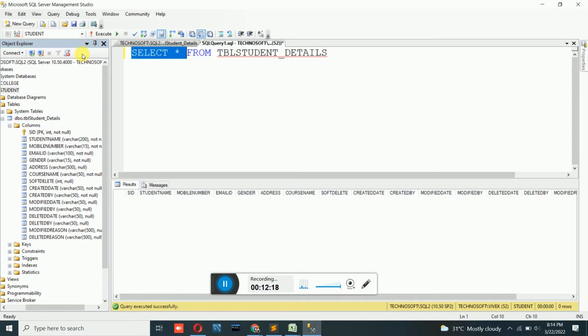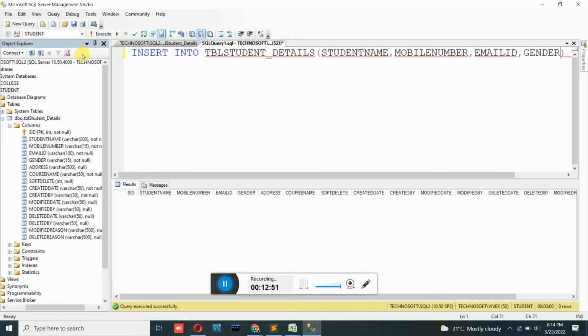When inserting, I told you there are two methods of inserting the data. I'll use the standard way of inserting the data in the table, that is insert into TBL student details, that is the table name, open bracket, whichever columns you want to insert, you have to mention the names of those columns. So that is student name, comma, next I need mobile number, comma, next email ID, comma, next is gender and address, comma, and next I have course name, comma,